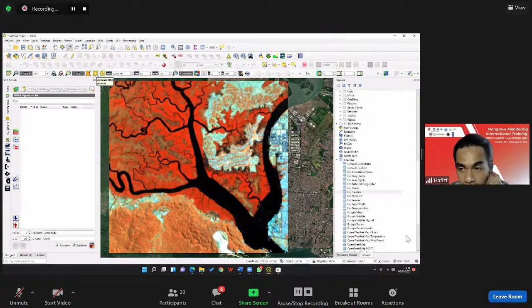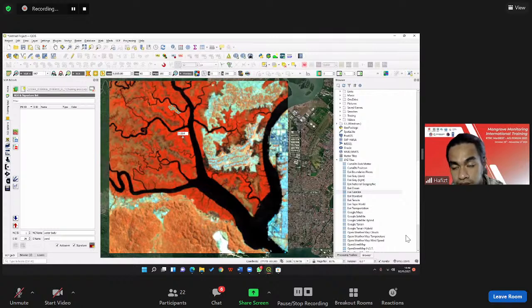Click on the plus icon here, and then identify the class. For example, we start from mangrove. Okay, we know that it is mangrove from the color, which has a different contrast from the terrestrial vegetation